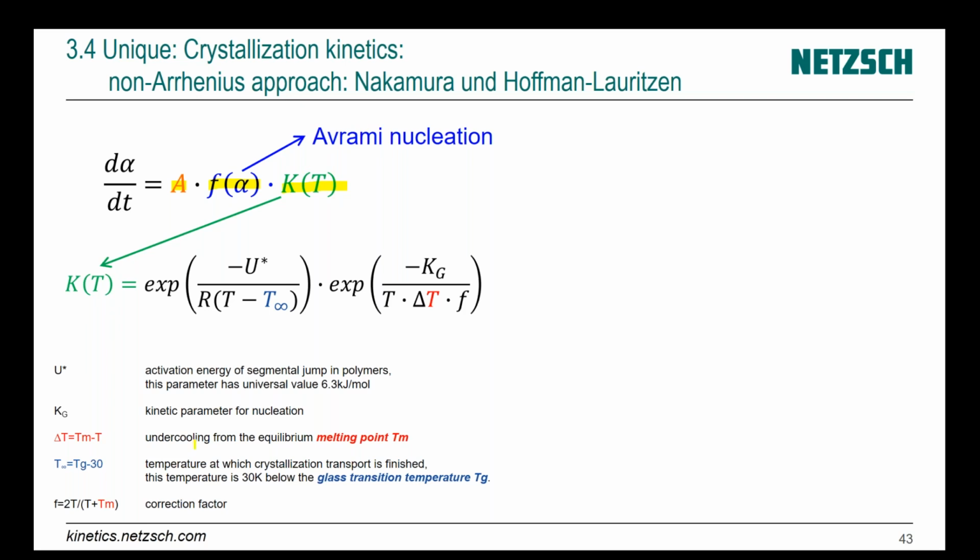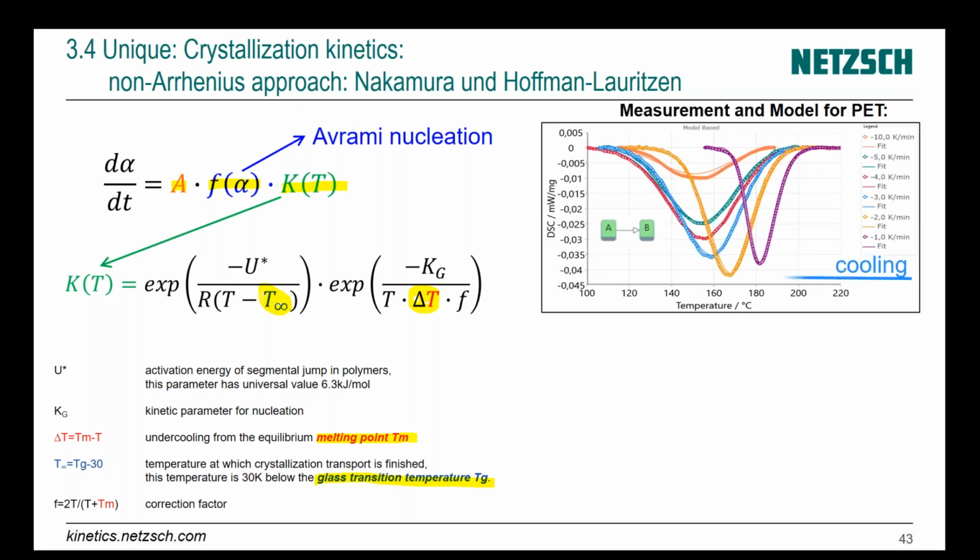Now we have dependence of temperature, which according to Hoffman-Lauritzen theory, depends on the melting point and on supercooling. The higher the supercooling, the faster the crystallization, and it depends on the glass transition here. Because below glass transition, material stays in glassy state, and it is amorphous, and no crystallization happens in glassy state. Example, we take PET, make cooling for different cooling rates, have several curves, and make